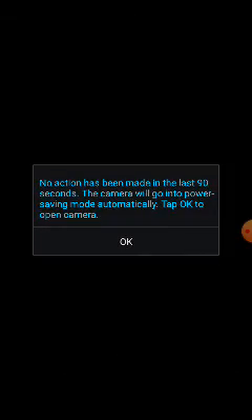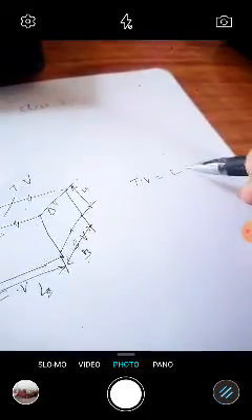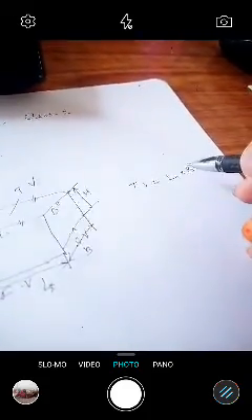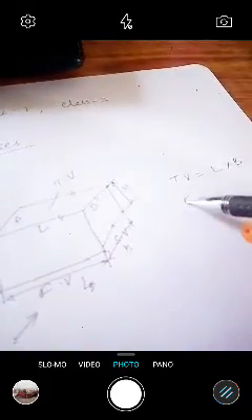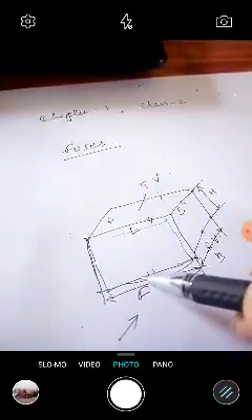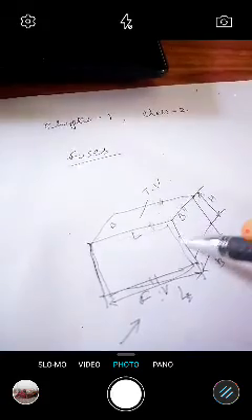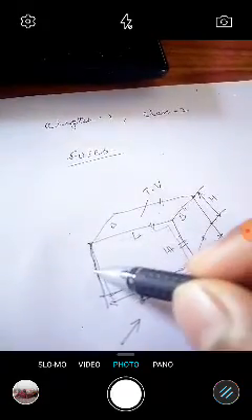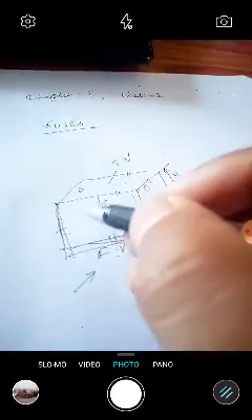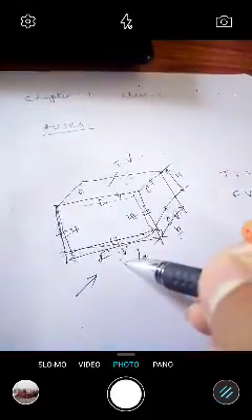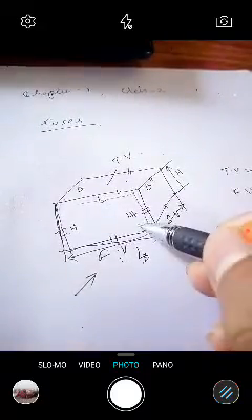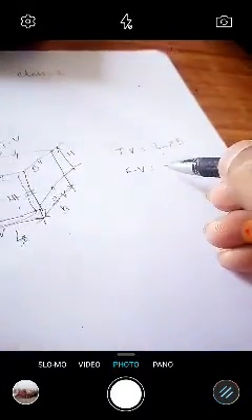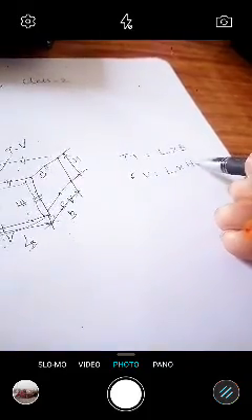Top view is a combination of length into breadth. Next, if you take a front view, the front view is again a combination of L, the total body here where we are able to see is length and height, H. Now if you see here, the front view is a combination of length and height. So for that purpose, what we are going to do is length into height.